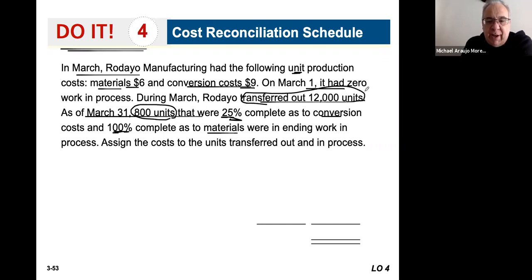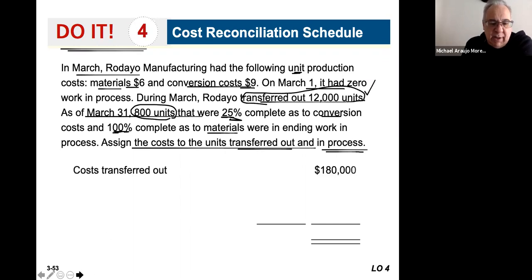So all these 12,000 are done and include all the costs here. Of the 800 units that are remaining, 100% of the materials are included, but only 25% of the conversion costs are included. So assign the costs for the units that are transferred out and the units that are still in process. So what we do here is